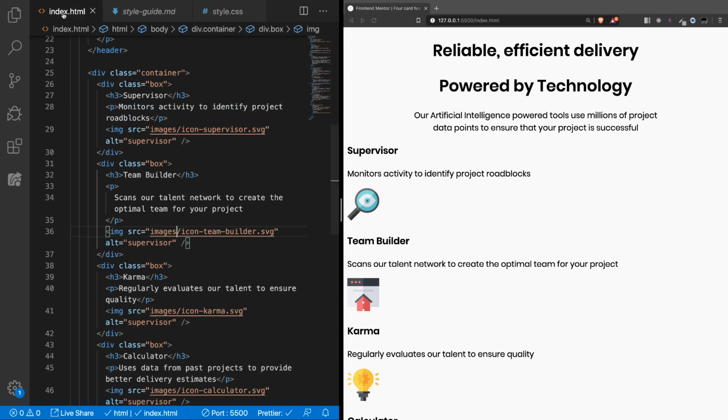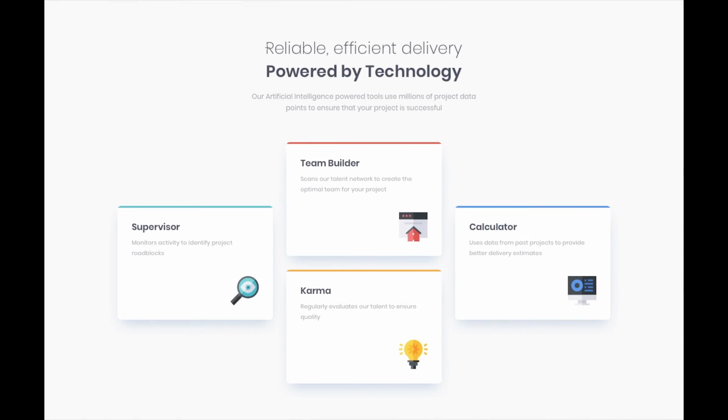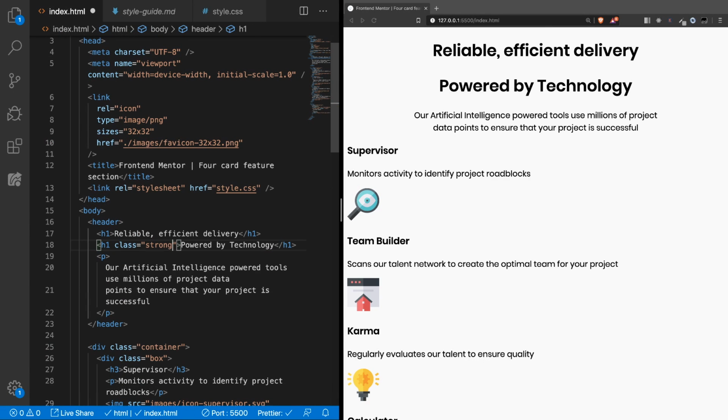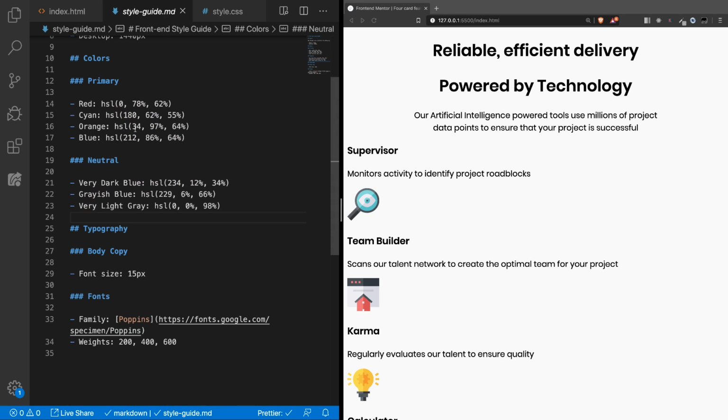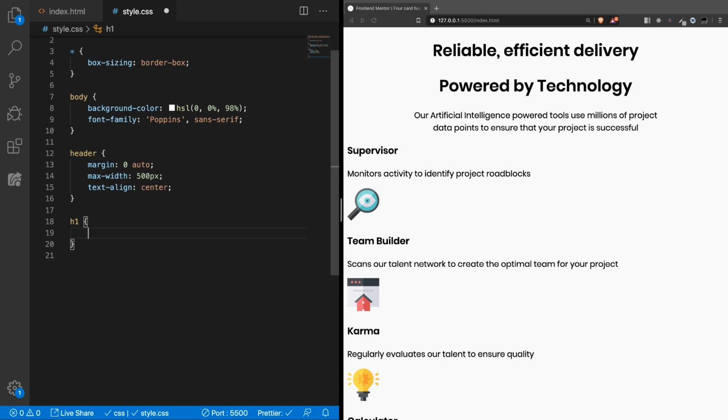Now we have two H1 tags, but one of them is 200 font weight and the other one is 600. So let's add a class of strong, the second H1, and in the style now we can say H1 to be font weight 200 and H1 with the class of strong, font weight 600. Okay,